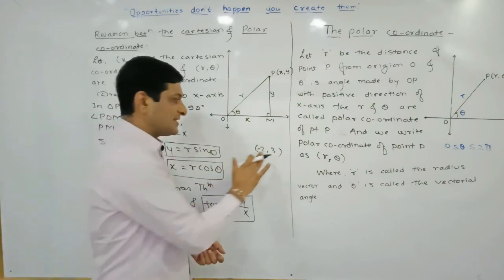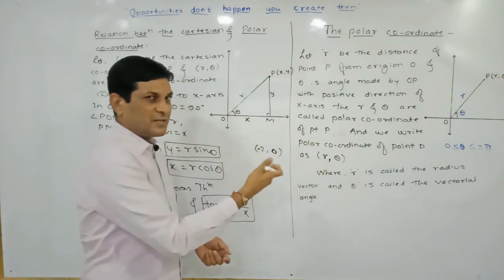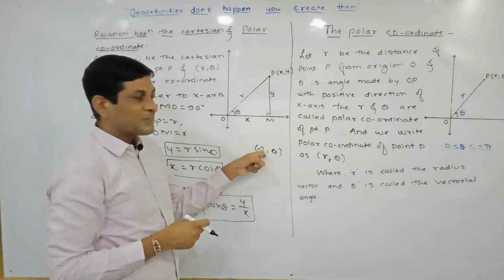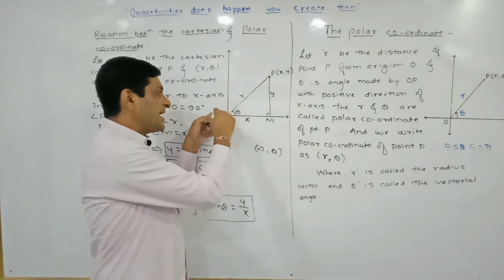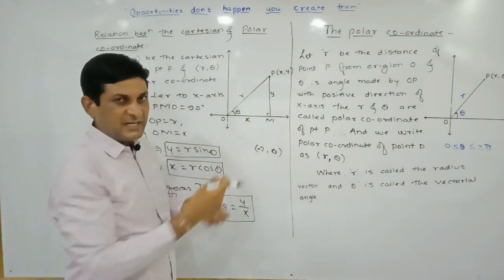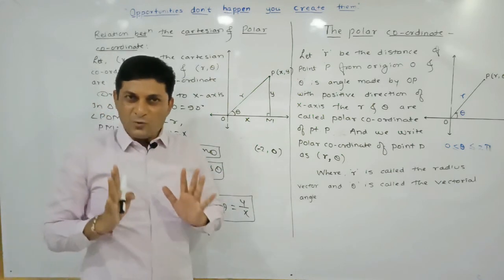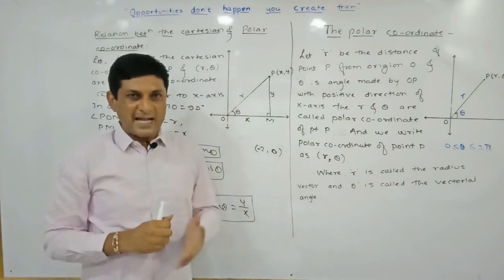In the same way, observing the coordinates, we are able to identify in which quadrant or on which axis the point lies. Suppose that here the y coordinate is 0. If the y coordinate is 0, the point definitely lies on the x axis, and if the x coordinate is negative, it lies on the negative direction of the x axis. Then orally we can say that theta is equal to 180. So observing the coordinates of a point, we are able to identify in which quadrant or on which axis it lies.